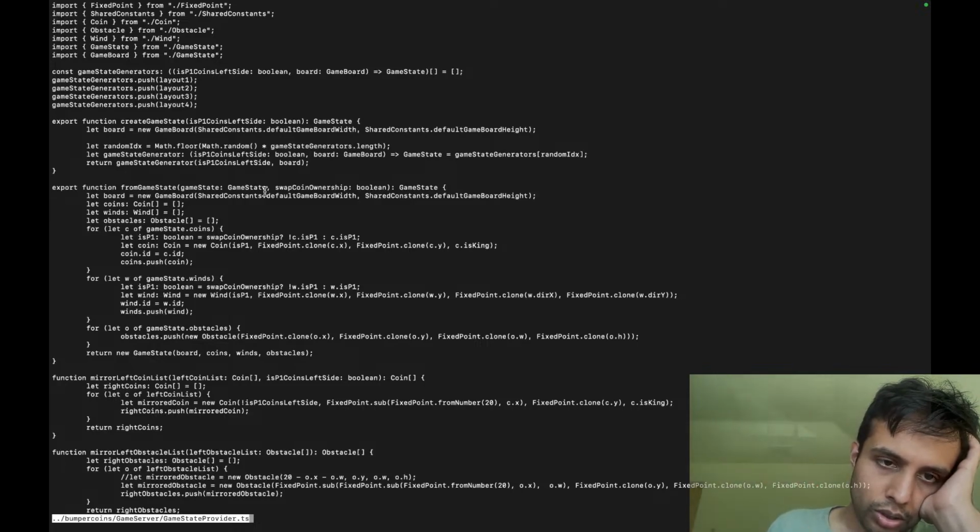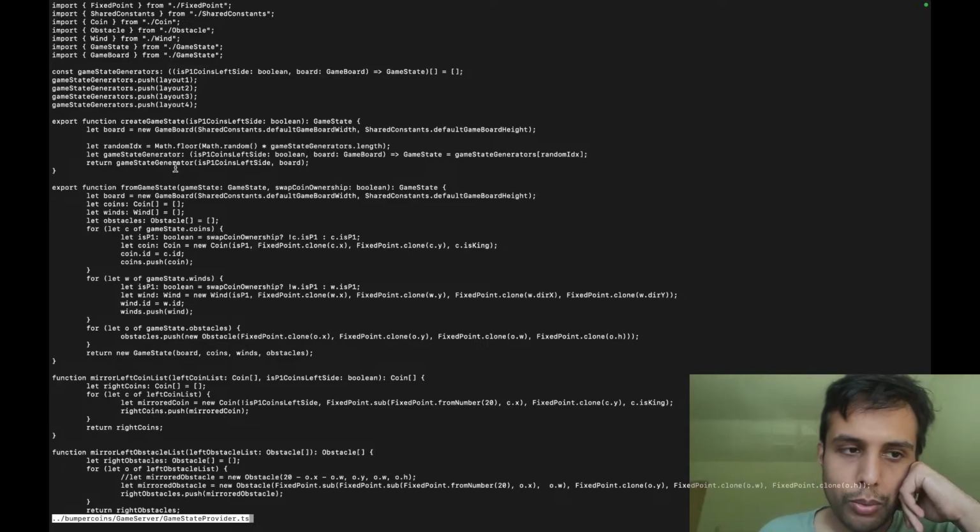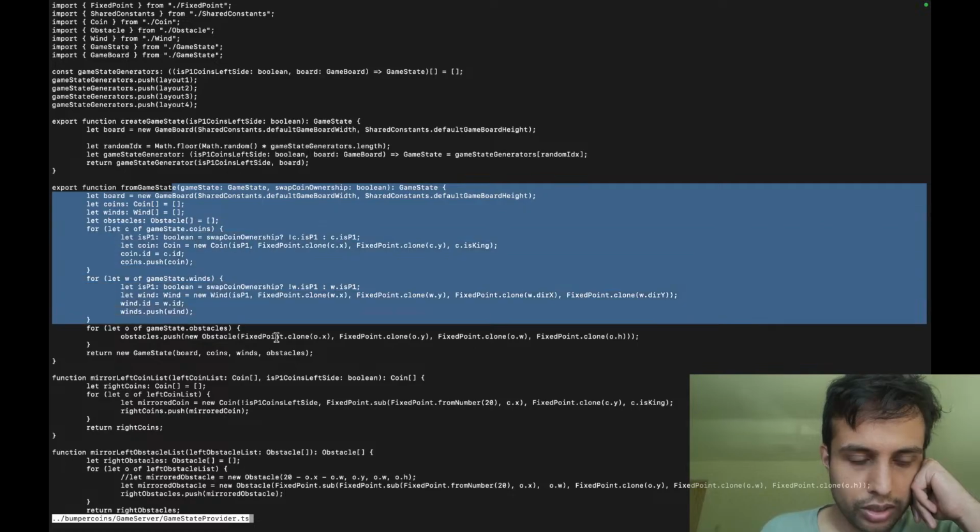Like your coins and the other person's coins are going to be swapped. Obstacles will stay the same. So that's why we have a swap coin ownership. Rather than flip the coins, it just relabels them, so it effectively has the same effect of swapping everything. But anyways, the whole point is we can just copy this function and